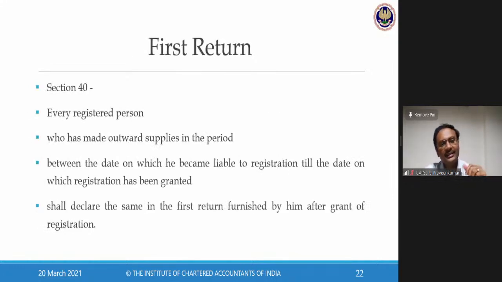First return. We have discussed this concept of first return. My application was made in the month of February, but I filed my registration in January. My registration was approved in February, effective from January. So this first return covers all your supplies from 15th January till 31st January; whatever invoices you have issued, please disclose them in your first return called February 2018. So Section 40 says that if any registration is dated to a previous date, that data you can file in this particular first return.